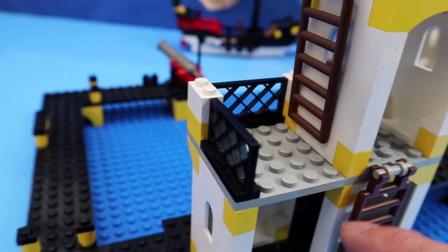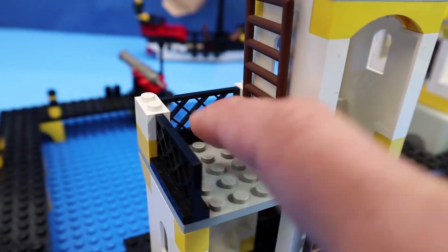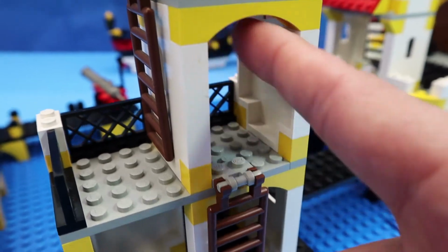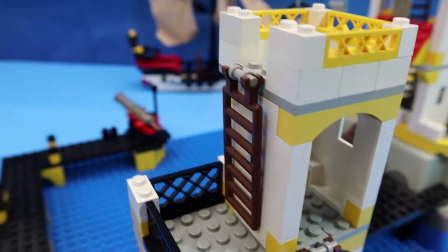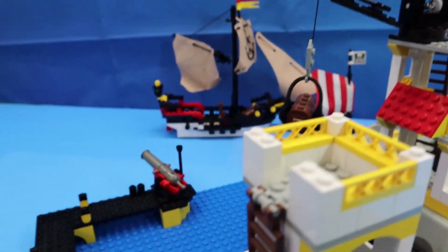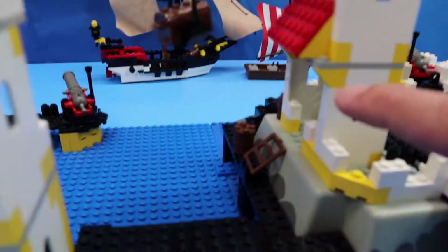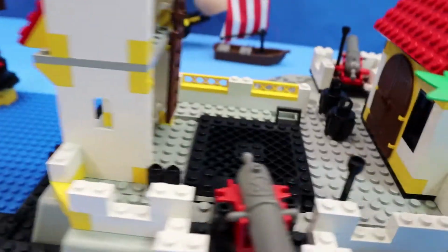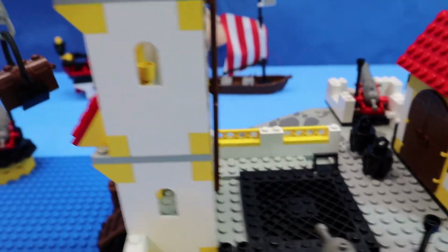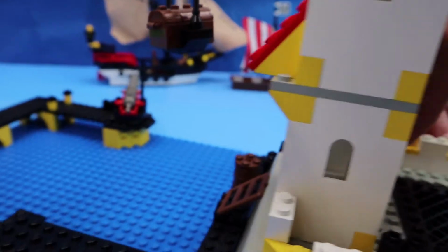Because there's no door. So you have to either leap over to this balcony or go into this upper room, and then from there you can go up to the very top. Then over here you also have another 2-story building. This one has a ladder that goes straight up from the very bottom, and here is where I think is the equivalent of